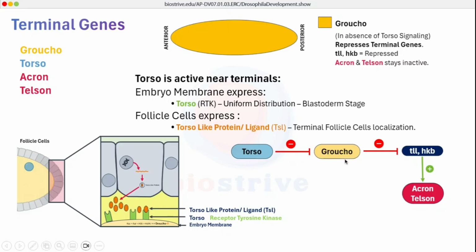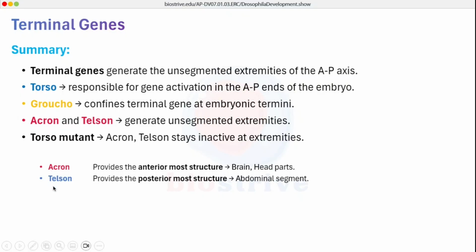So torso inhibits Groucho, and Groucho was inhibiting tailless and Huckebein, and tailless and Huckebein are very much required for Akron and Telson. So if we inhibit Groucho itself, torso is indirectly promoting the activation of Akron and Telson. So at the very extremities of the anterior and posterior ends, we have activated Akron and Telson, and we have inhibited Groucho. This activated Akron and Telson will give us anterior and posterior structures respectively. Akron is generally responsible for brain and head parts or mouth parts, and Telson is generally responsible for giving the